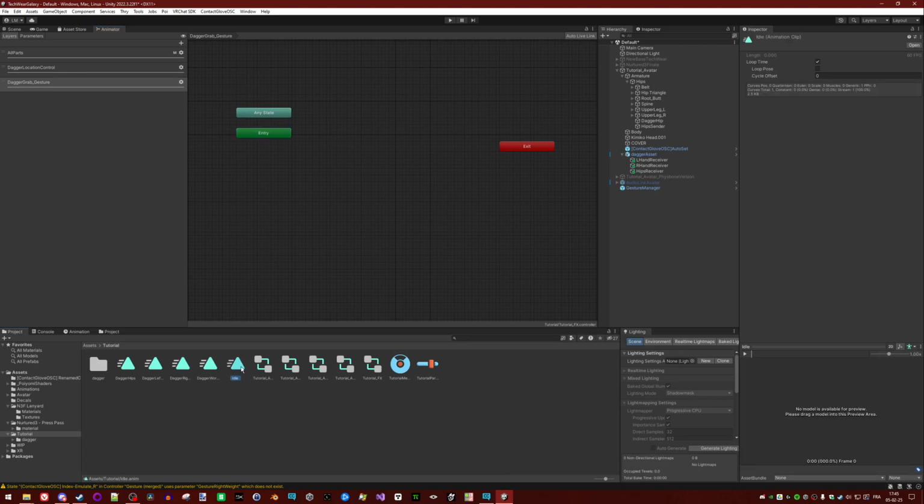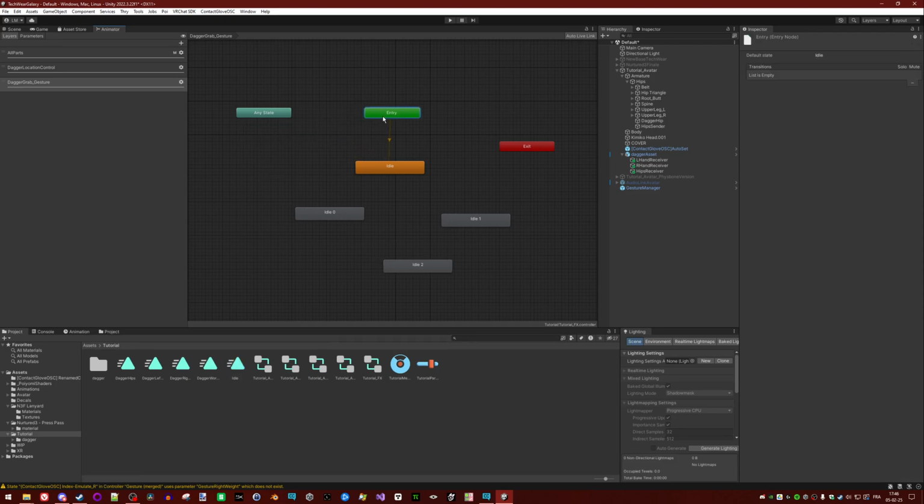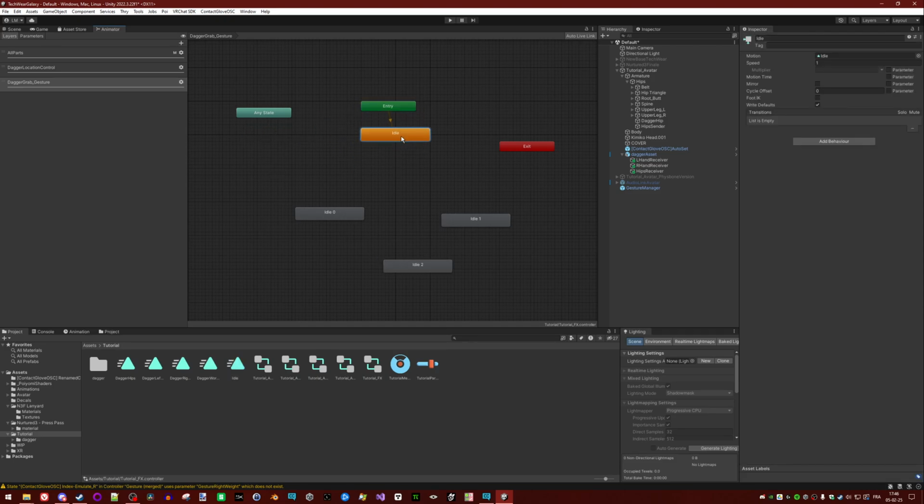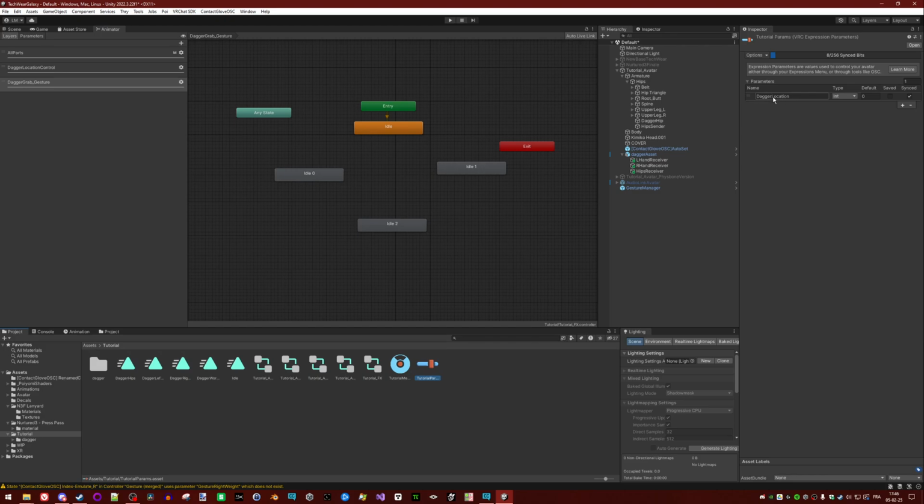the idle animation. We need the idle animation 1, 2, 3, 4 times. Why? Because we actually won't use any animation. The goal of the layer is to change the value of the dagger location.